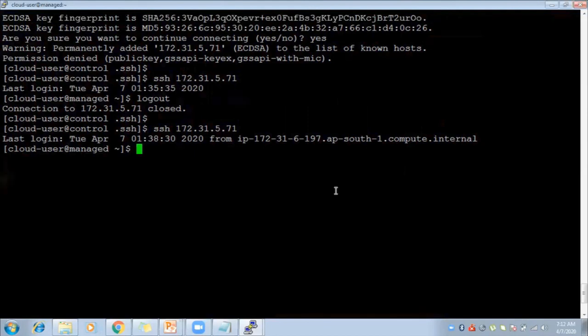In this situation, when you use ssh-keygen, you create both the public and the private key. When you get the public key, you save it in the managed node, which I usually call the client machine.